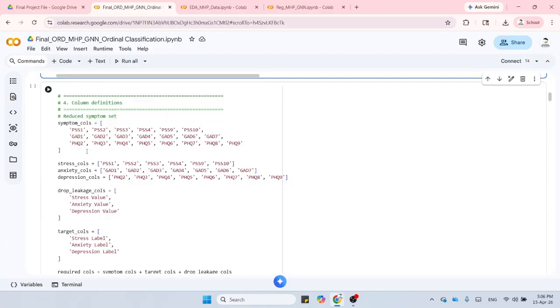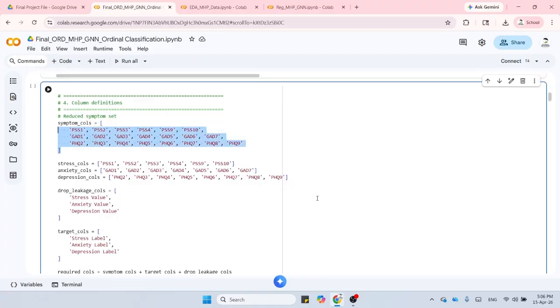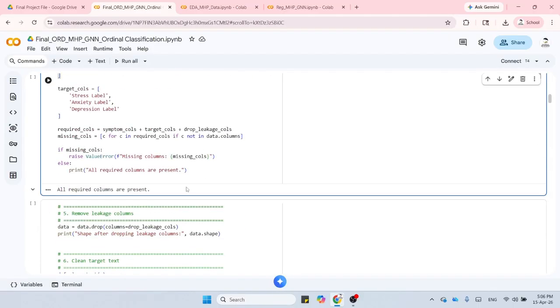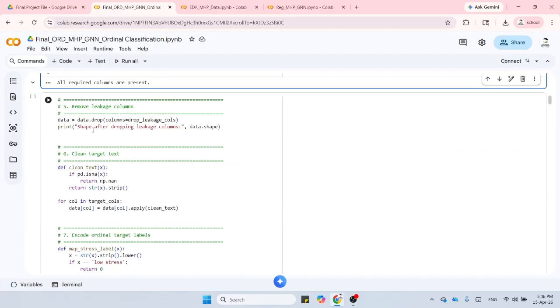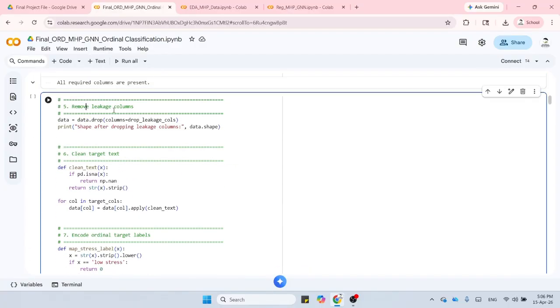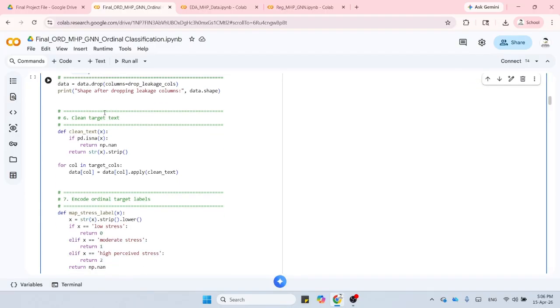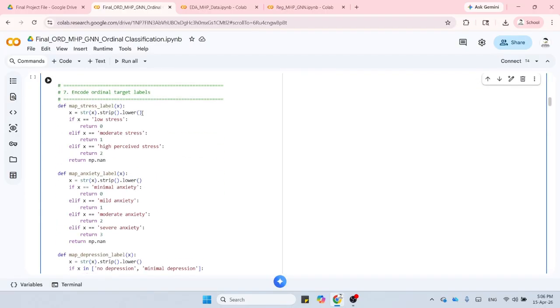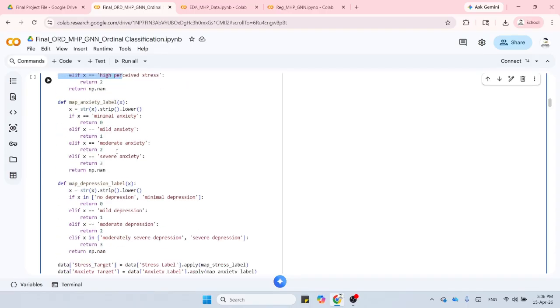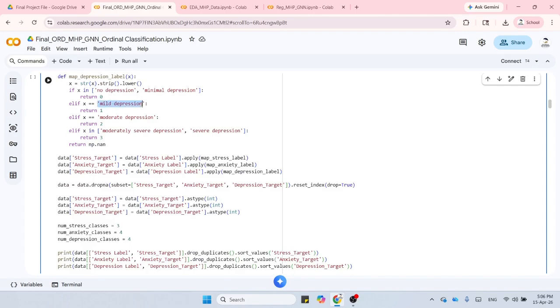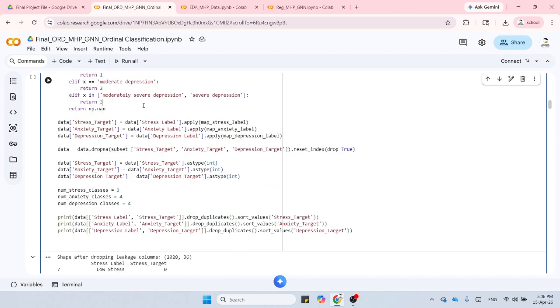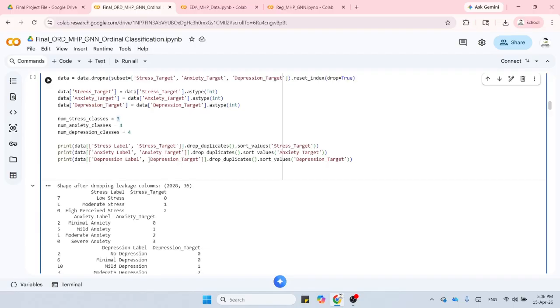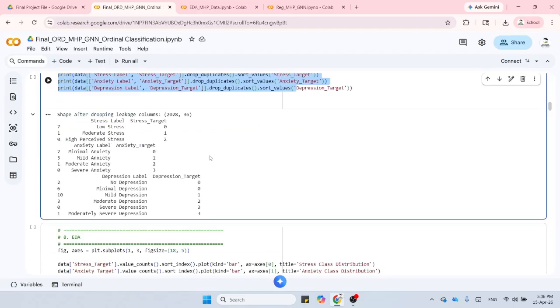And here I classify different types of features and the outputs that will be used to create the initial graph. Some operations like removing leakage columns, cleaning data, and encoding ordinal levels, so assigning a value for each type of output class as it is in this type of format in the dataset, and then finally preparing the modified